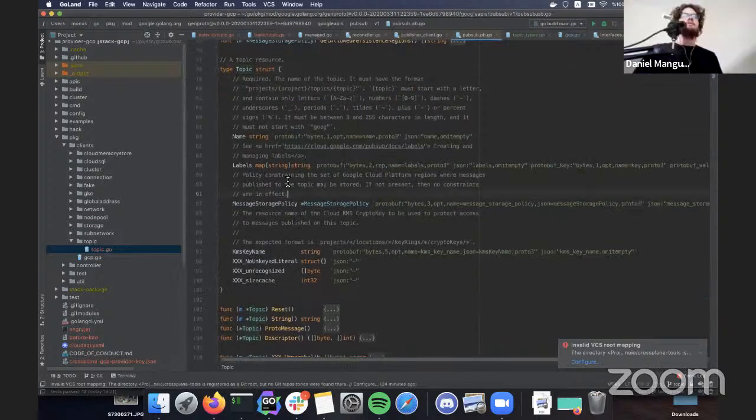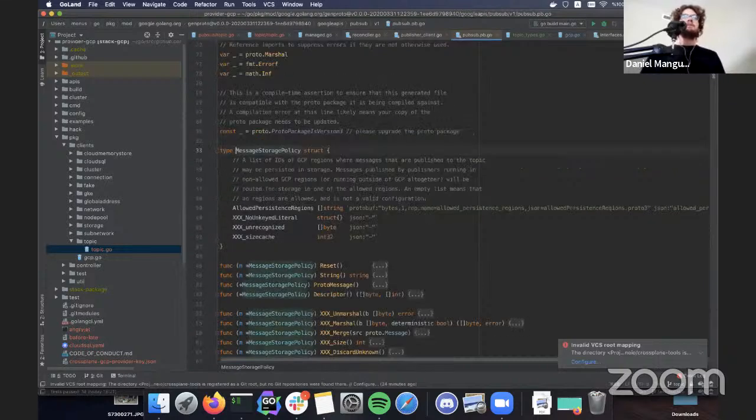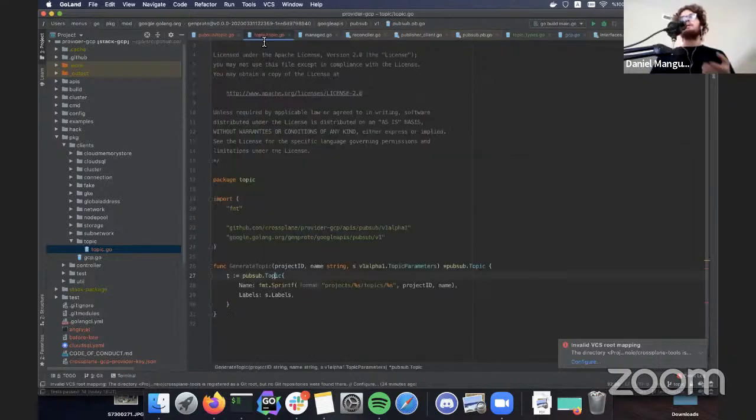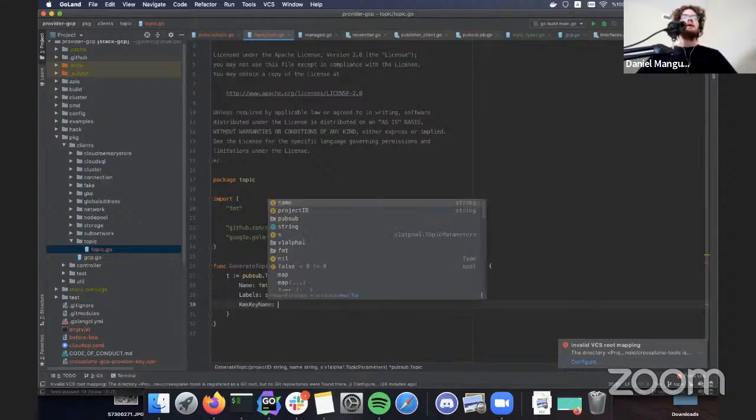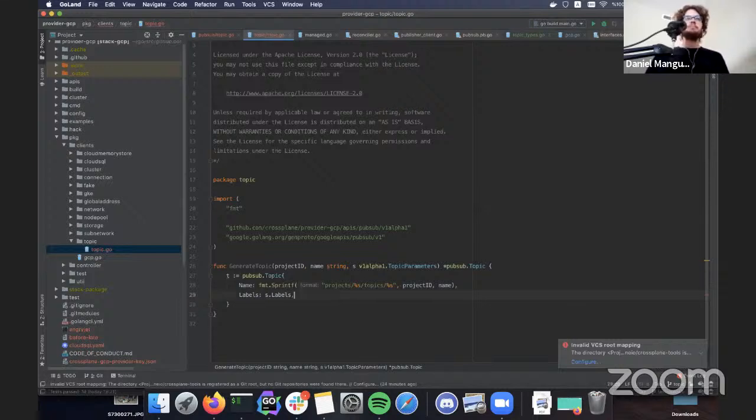Yeah, while Muvaffak's continuing to implement the rest of this translation from the Crossplane representation to the GCP representation, I wanted to talk a little bit more about what he was saying about how we handle names. You'll see earlier that when he was using the managed reconciler, he passed in NameAsExternalName.